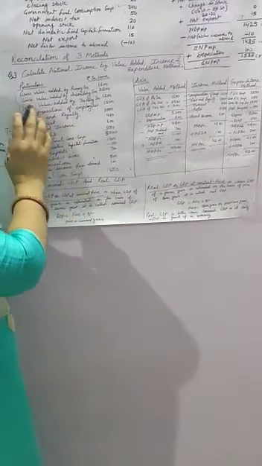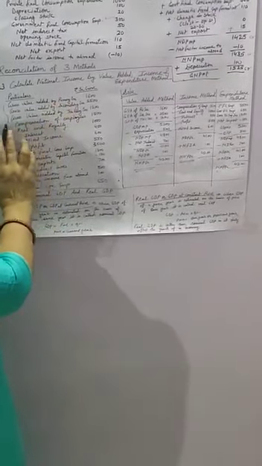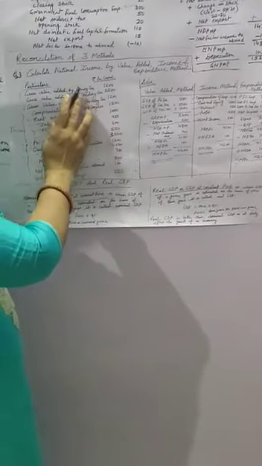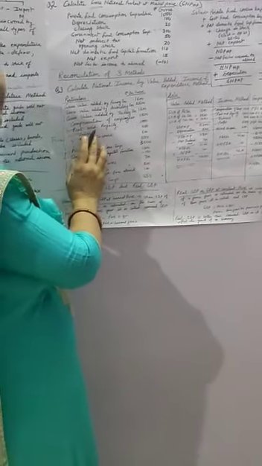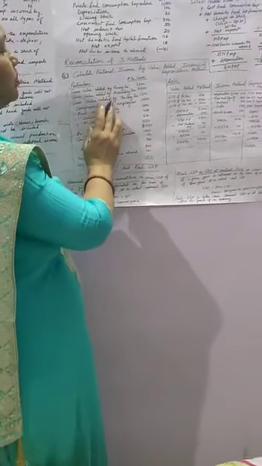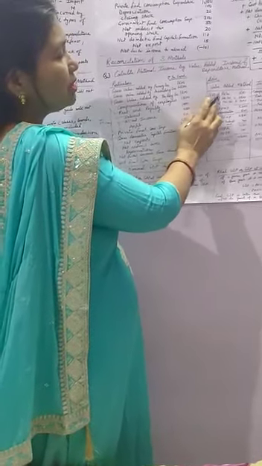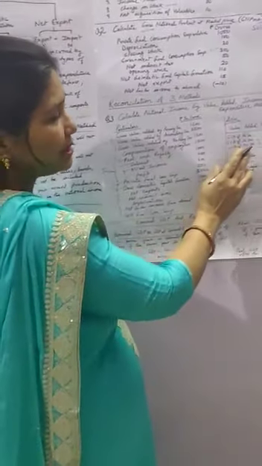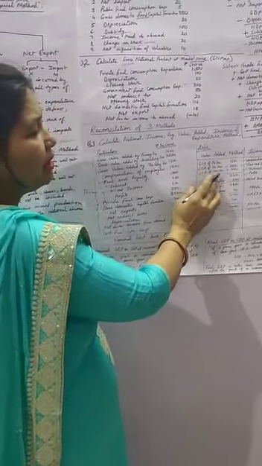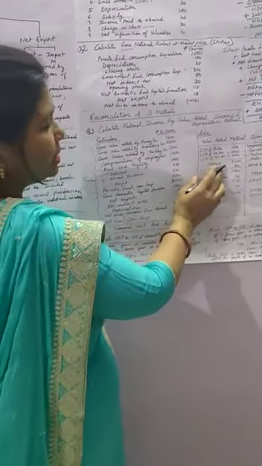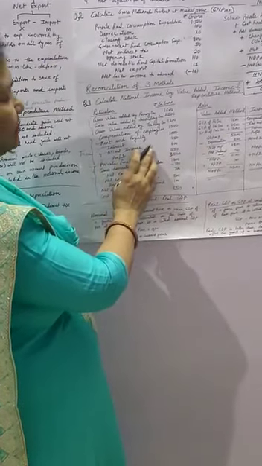See, in that question, first of all, the gross value added of primary sector, gross value added of secondary sector, and gross value added of tertiary sector are given. So these three are the adjustments of which method? These are the adjustments of value added method. So you post these in the value added method column. You add all the three values of the three sectors, so it is 5,300 crores. So it is GDP MP by value added method.